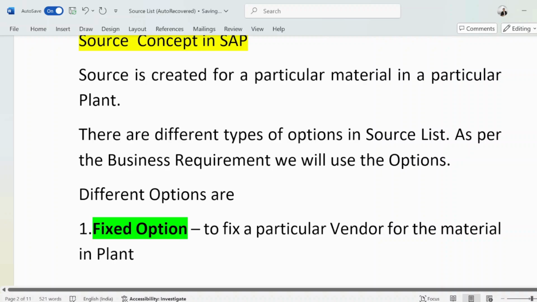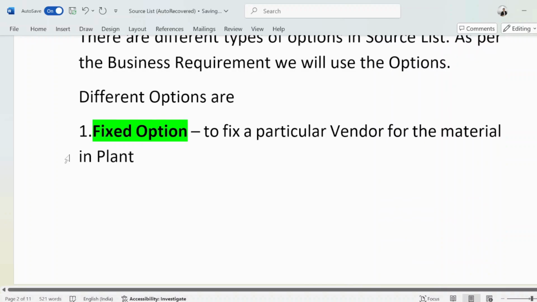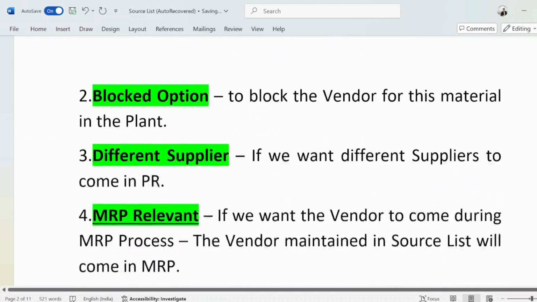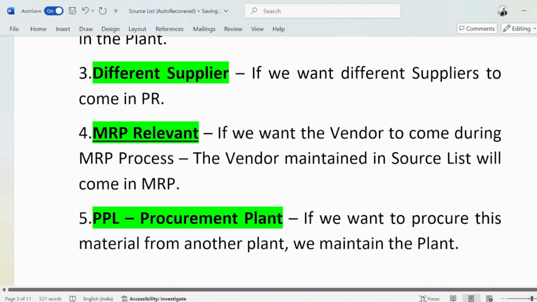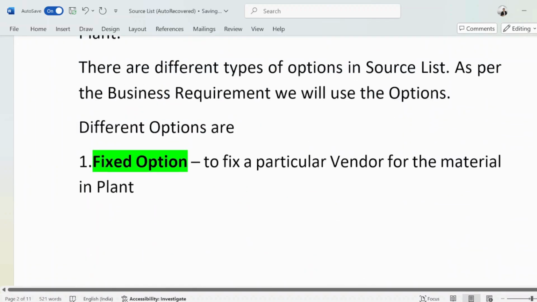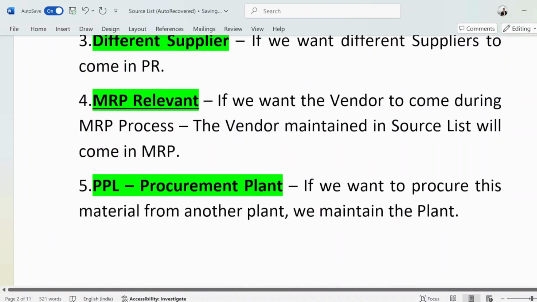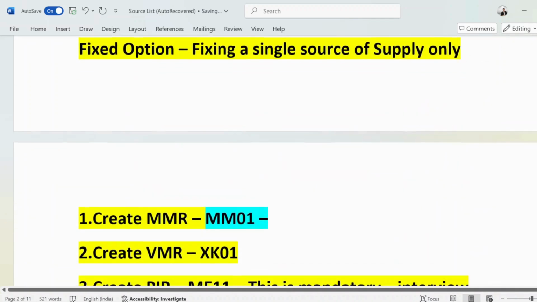There are different types of options in source list. As per the business requirement, we will use the options, right? So different options are like a fixed option, blocked option, different supplier option. So these options are there, right? So we will discuss that one by one, right? So first of all,